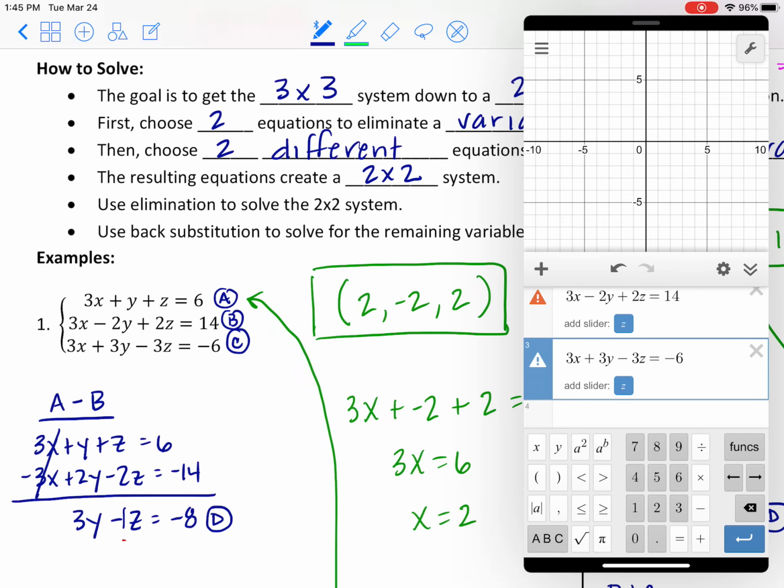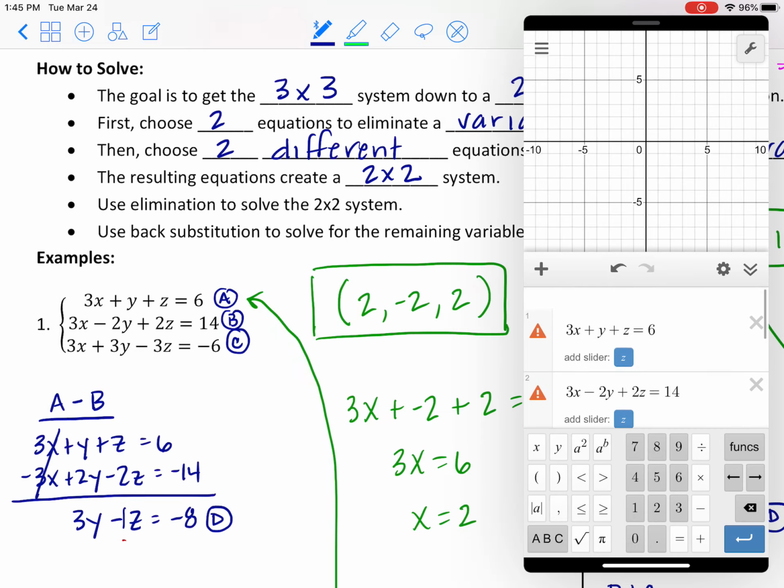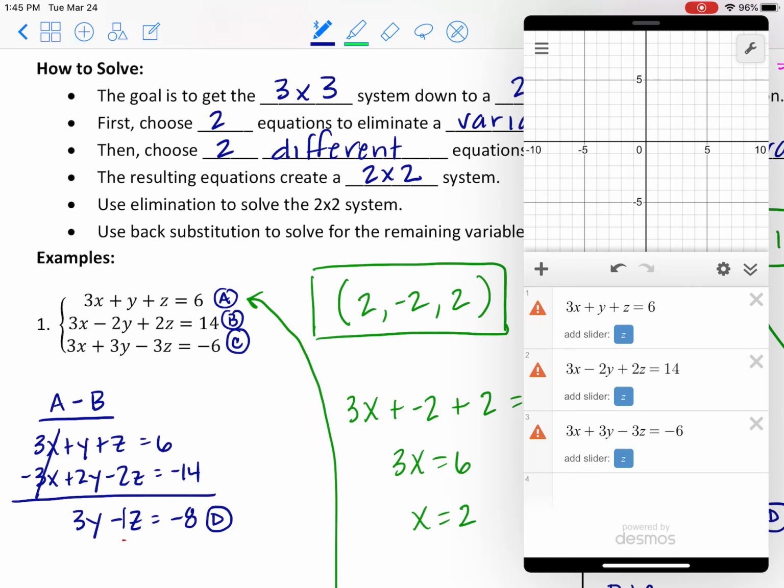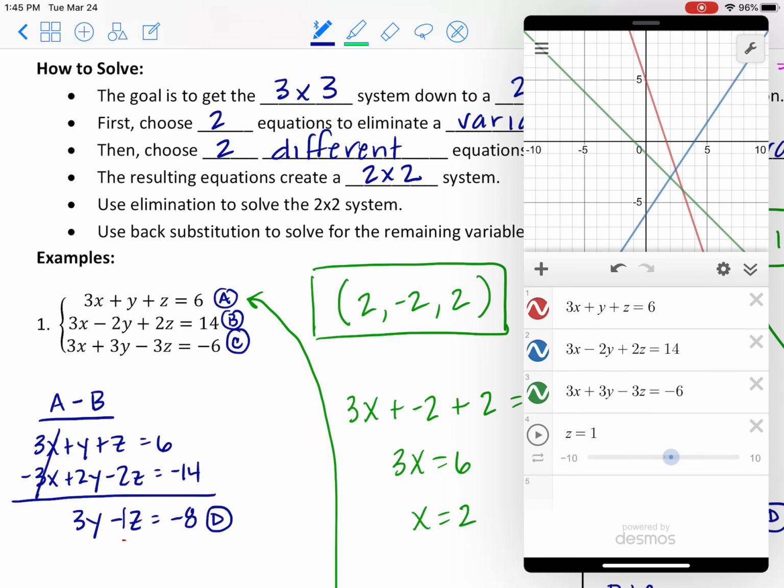Okay, so once you have your three equations in there, you see underneath each of them it says add slider. We don't want to do it every time. We just want to add slider once. So after the last one, I'm going to tap where it says add slider z. Okay, so now you should see your three equations and then a fourth box where it's given